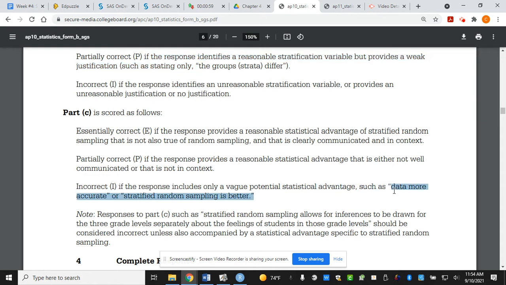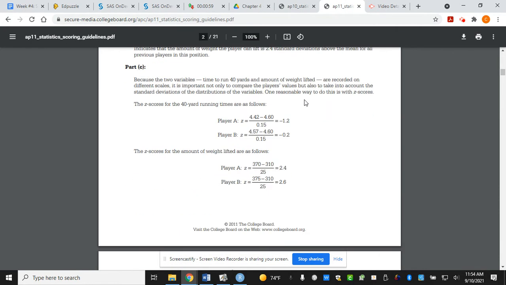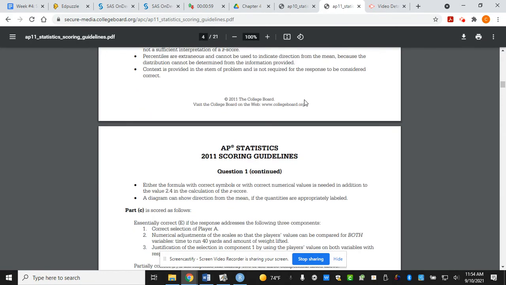Saying things like the data would be more accurate, I got a lot of answers like that. You would get no credit for anything on that problem. If you said stratified random sampling is better, you would get no credit for that problem. So you're starting to see the breakdown of how things are graded here. With the other one,